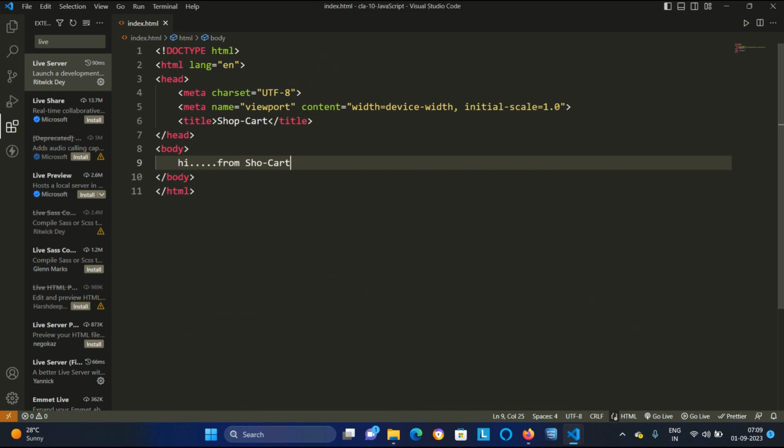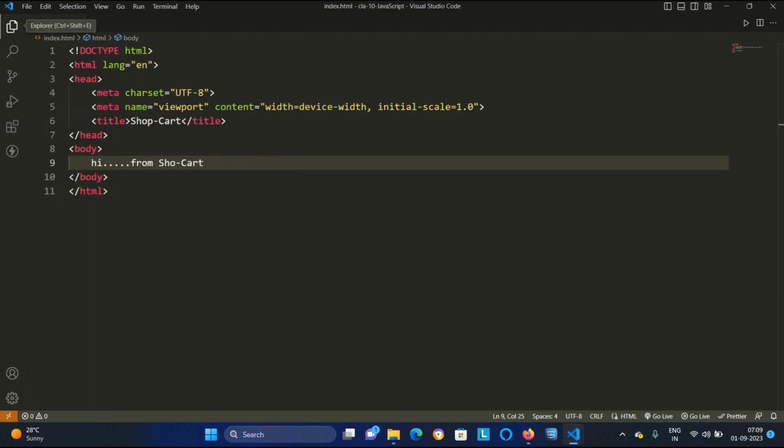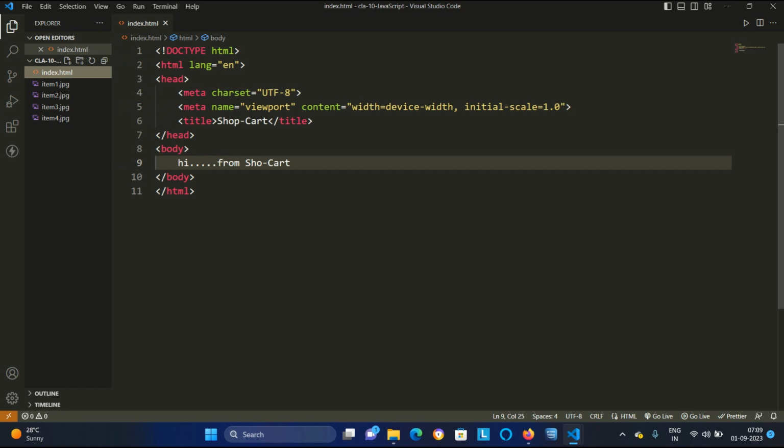It will help you to go to your web page directly. How? When you install it, go to the right bottom. You will see the option Go Live will come. If you click that, you can directly move to your web page,